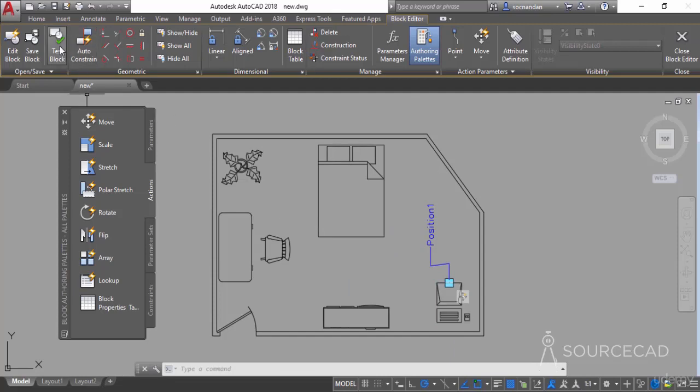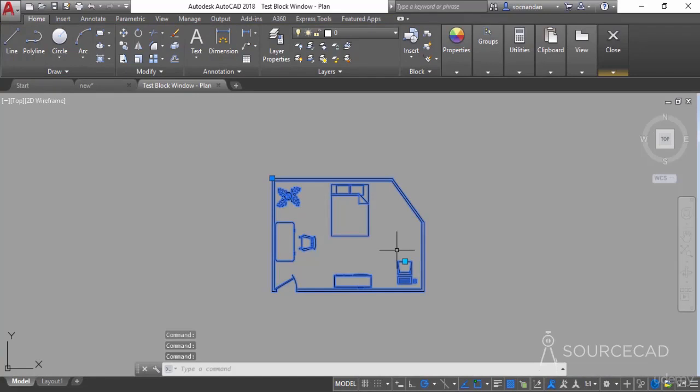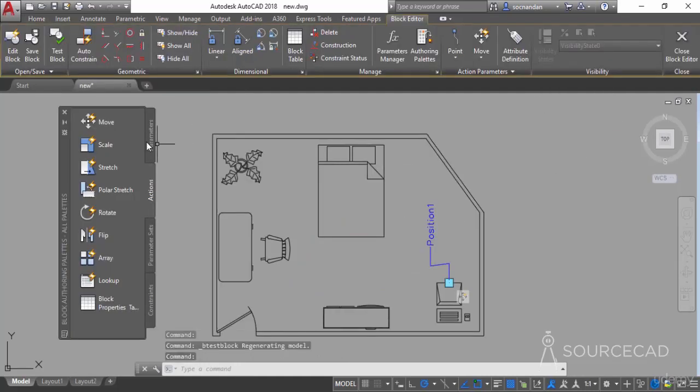So let's go to this test block and now select the block, and you'll see that we have an additional grip here, and using this grip we can now move it anywhere in this block. Now we have one more thing to add here. We can also add a rotation parameter so as to align it to any angle or to any direction, and for that I'll close this test block window, and once again I'll go to this parameter